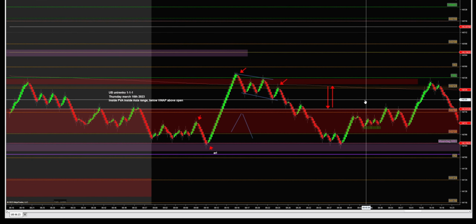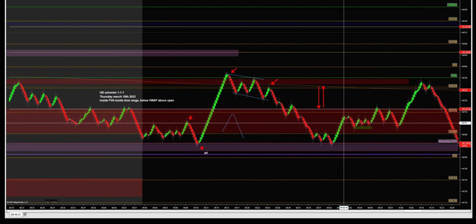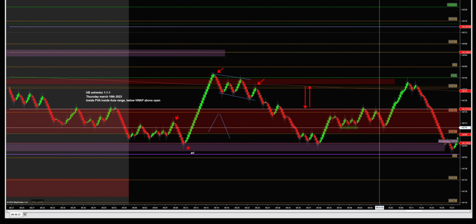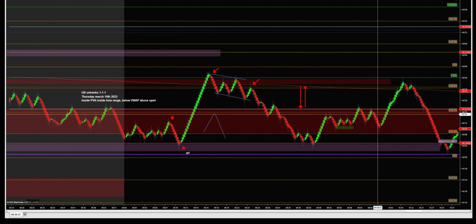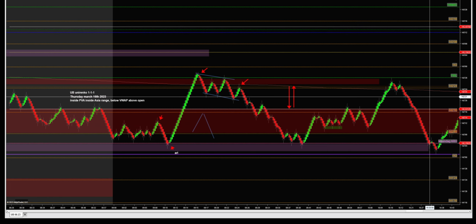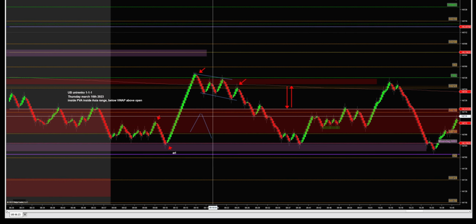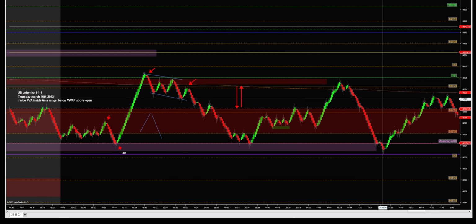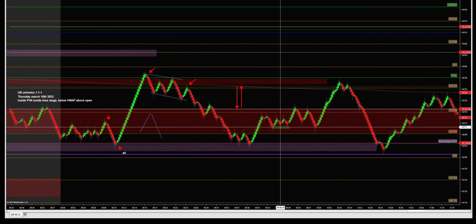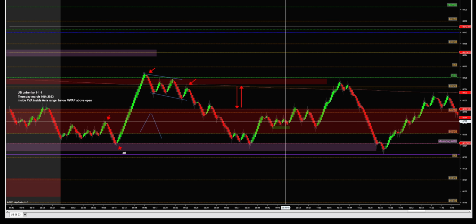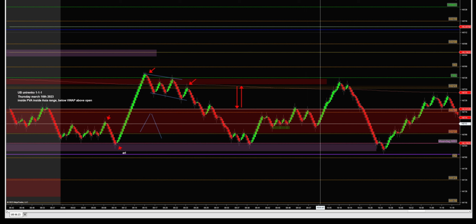Then I see here, by the way, this red zone here, you see, this is based on a daily chart. I just mark my zones similarly on a daily, so I know price is in a daily zone. It can go up and down inside the daily zone, or it has to break out. So we see many times in a daily zone area a little bit of a choppy market. So I know this. I see price is in balance again, sideways, not really doing anything. I took this long